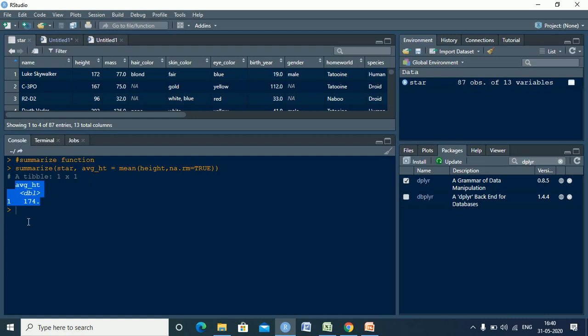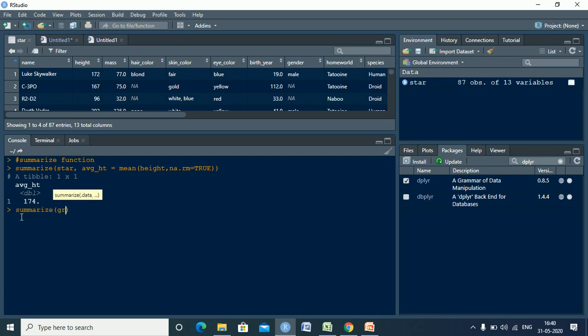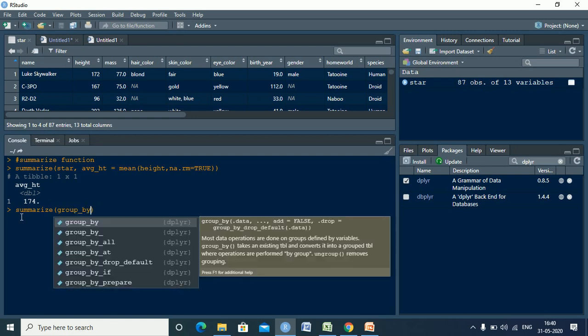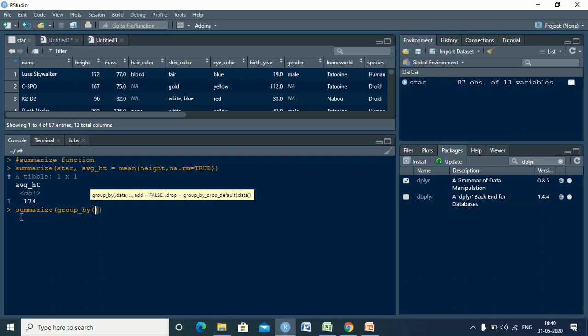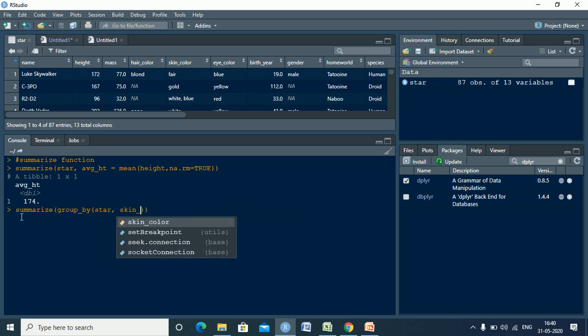Now we can also summarize it by forming it into different groups. Let me say I summarize, group by star the data set, and I want to group it by skin color.